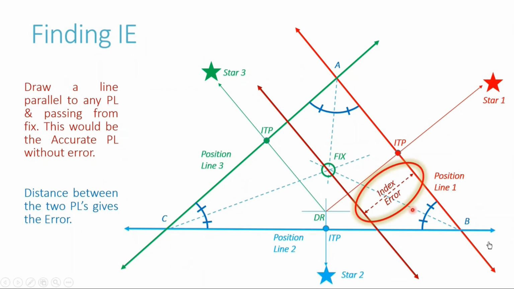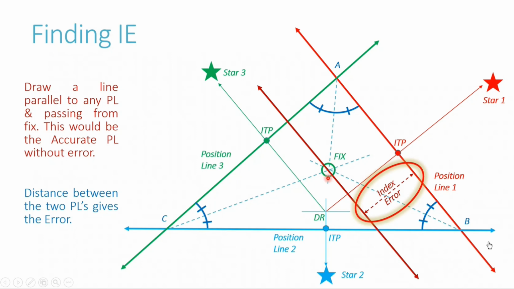So as you can see in the plot, this distance between the two parallel lines is the index error we are looking for. This can be done with any of the three position lines. Irrespective of whichever position line you use, you will be getting the same index error. Whether you use the blue color PL, draw a parallel line here and find out the difference, or you use the green color PL, draw a parallel line and find out the difference, the index error will be the same in all the cases. Reason being,